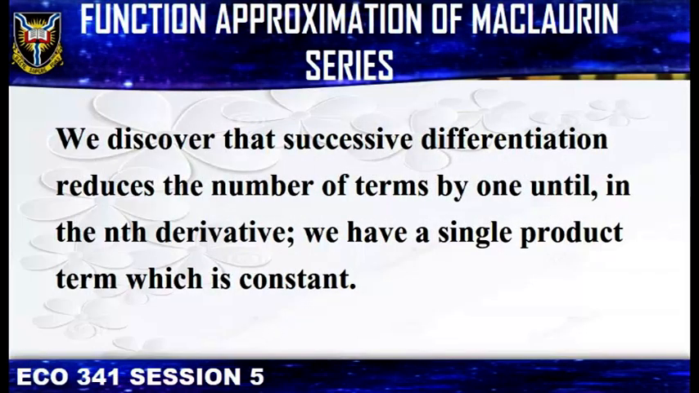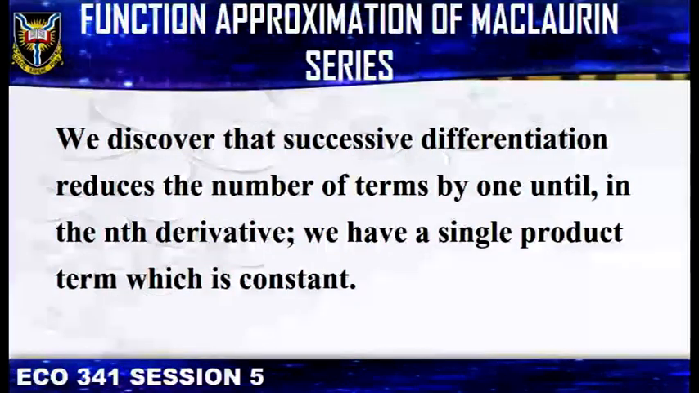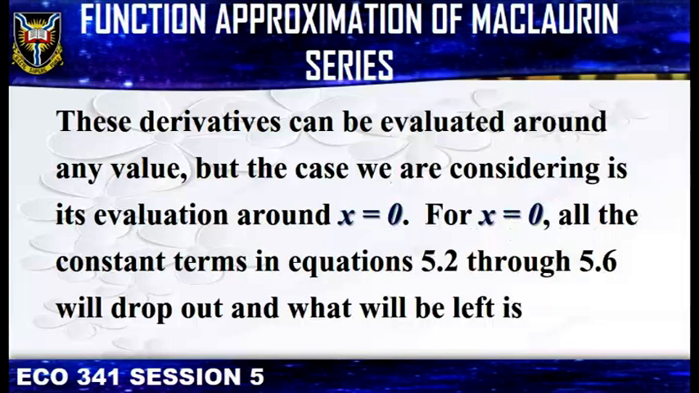We discover that successive differentiation reduces the number of terms by 1 until in the nth derivative, we have a single product term which is constant. These derivatives can be evaluated around any value, but the case we are considering is its evaluation around x equal to 0. For x equal to 0, all the constant terms in equations 5.2 through 5.6 will drop out, and what will be left is